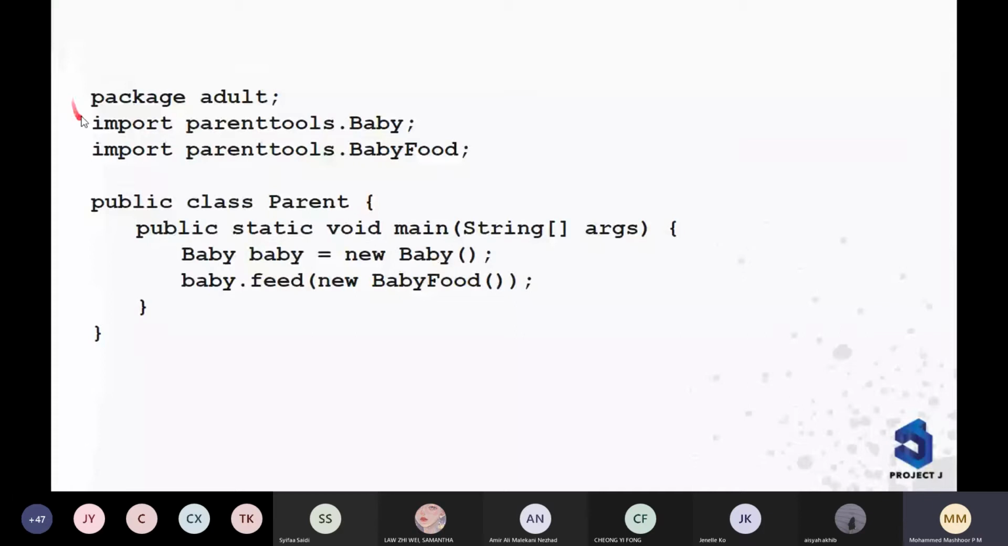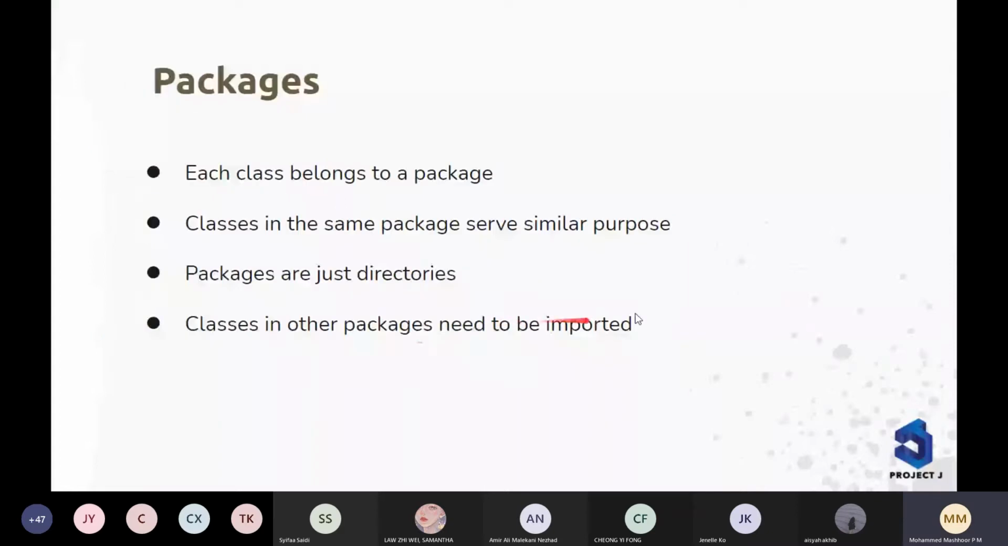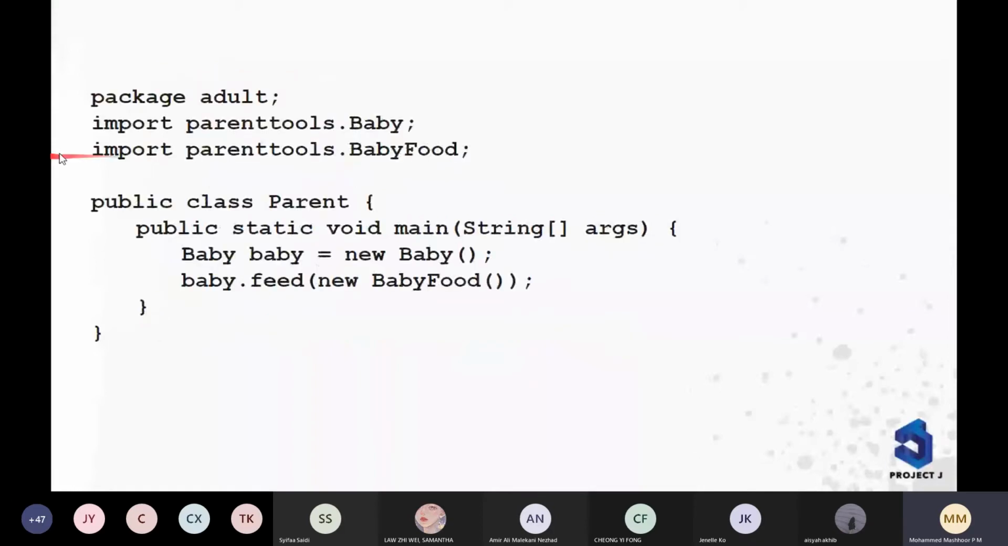So as you can see, this is another package called adult, and this is a class called parent. This is another class. So they are using the baby class and baby food class. So we need to import. As I told you before, classes in other packages need to be imported. How are we importing? We use the import keyword, then the path to that particular package. In this case, we use the package in which the class is